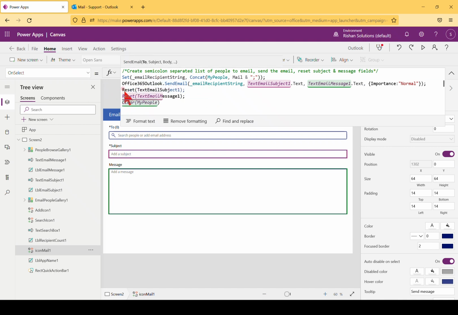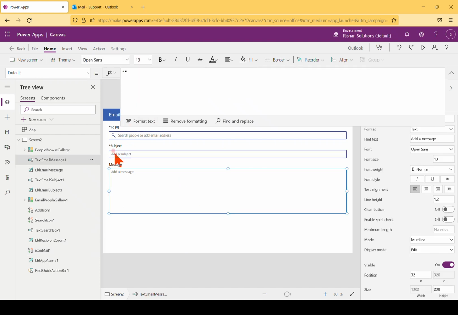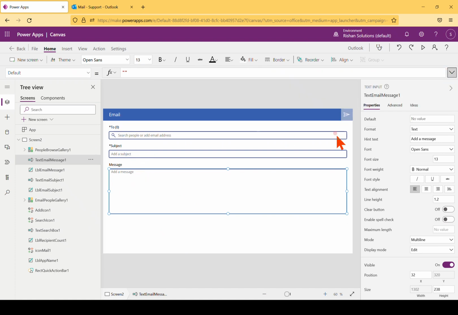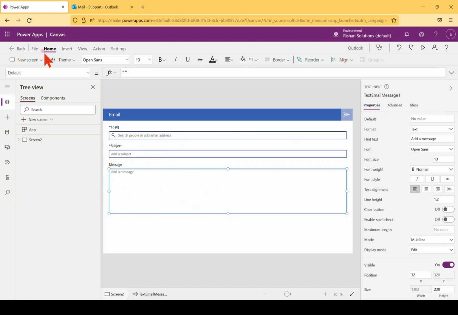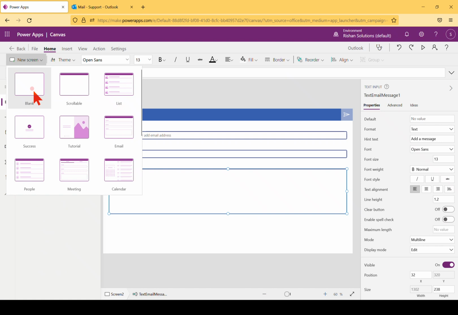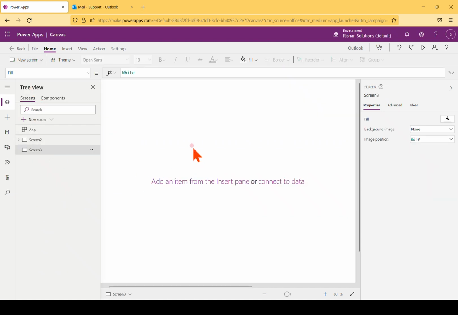Now I'll remove this one. So this one they designed and we are utilizing it. So instead of this one, if you want to create, you can create a new one, and you can also use a button to send an email. So what I'll do is I will take another screen here, but I'm not gonna write a complex logic here. We'll simply take something here like